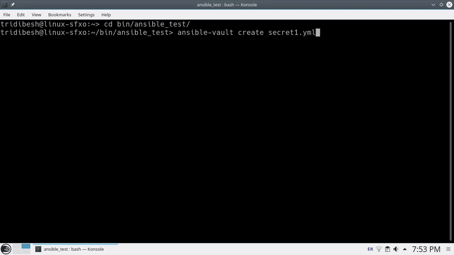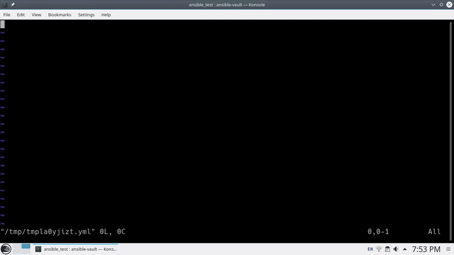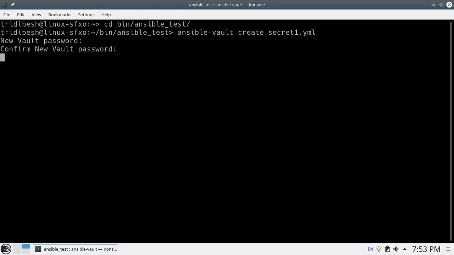If you give it like this, it will ask you for a password, as you can see here. Let me give a password, and confirm. Now it will open in the vi editor, where you write whatever you want. This is a secret file, and then you save it and come out.